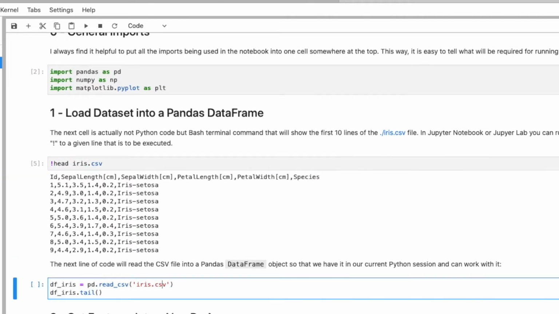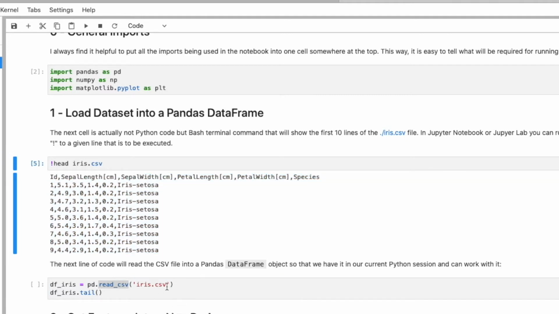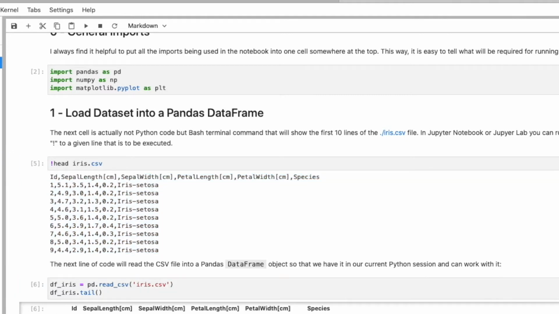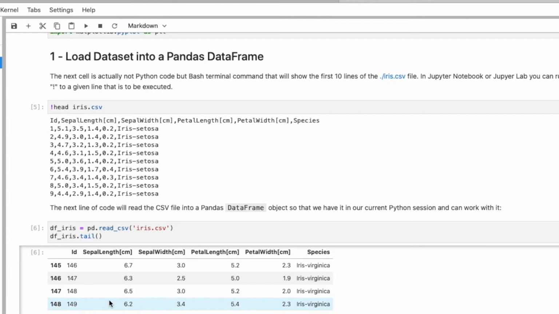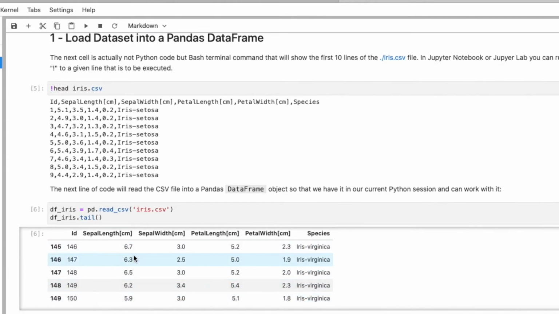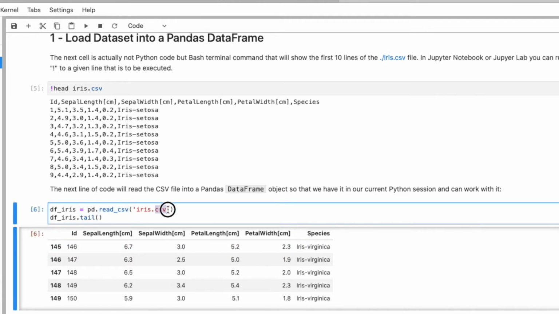Now we are going to load the dataset into a pandas data frame. There's a read CSV function. It has a lot of options, but for this file we don't need to use any of these options. So this is how the data frame looks after I loaded the text file, the CSV file. CSV stands for comma separated values, but essentially it's a text file where each column is separated by a comma.